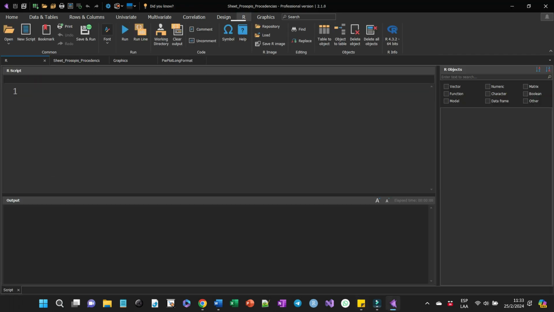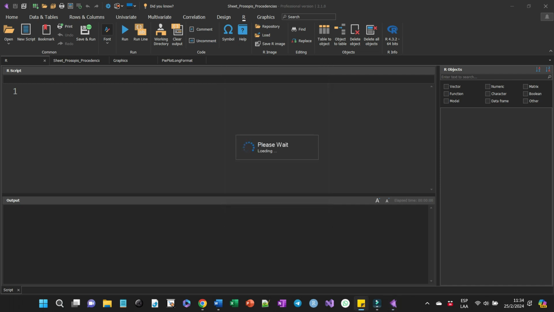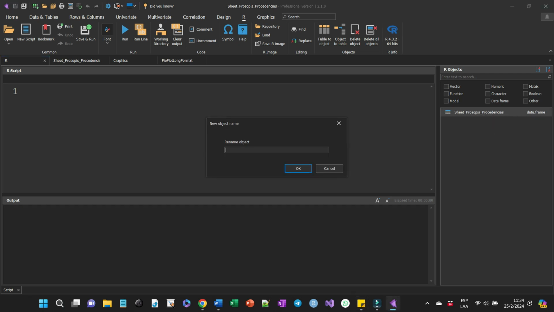For example, we can import a data table in Navure into R by clicking the Table to Object button. Then we'll rename the object to make it easier to manipulate. We'll call it Data, and now we'll create a column called New and make it equal to the sum of columns D030 and D060. We run this line of our code and then send the data back to Navure, where